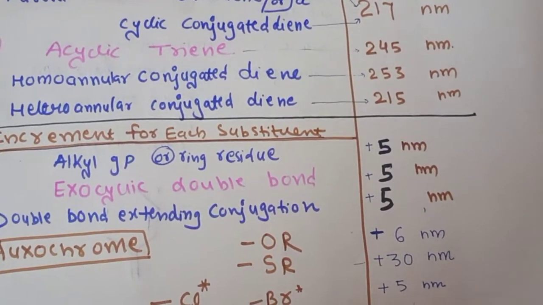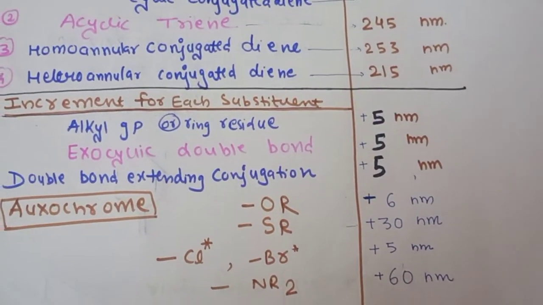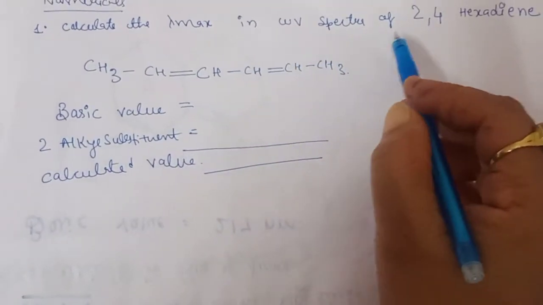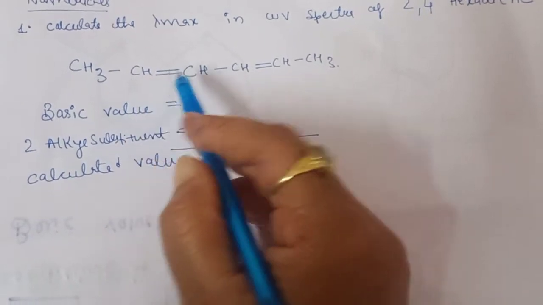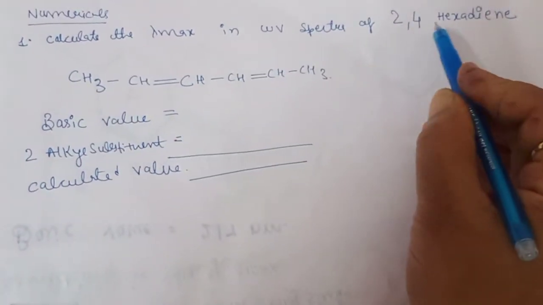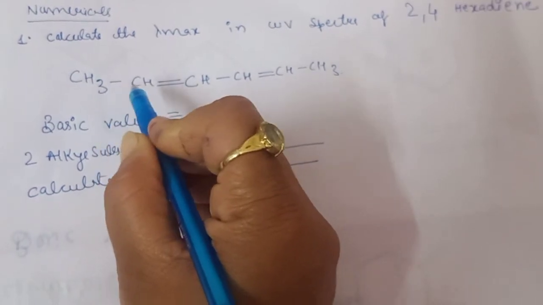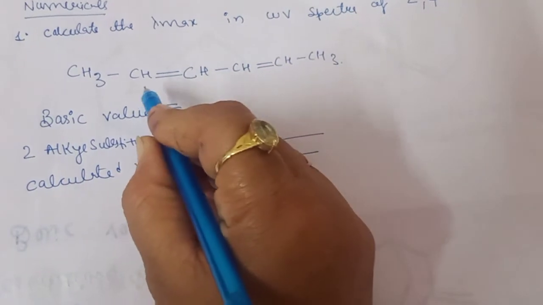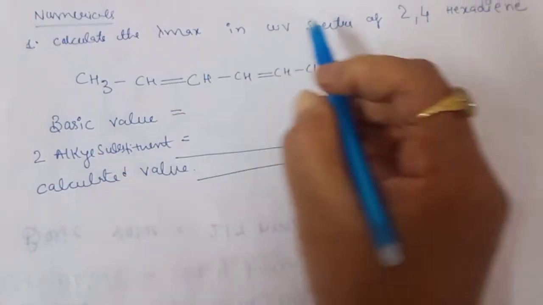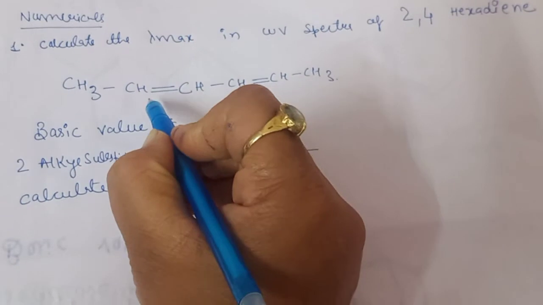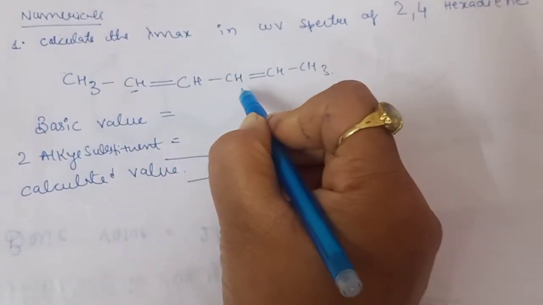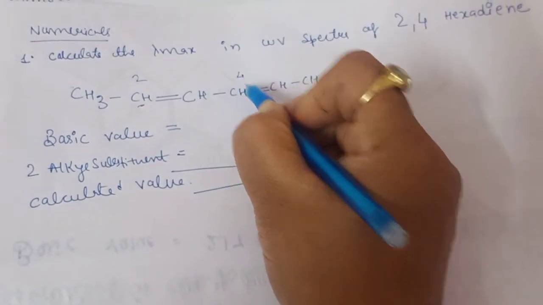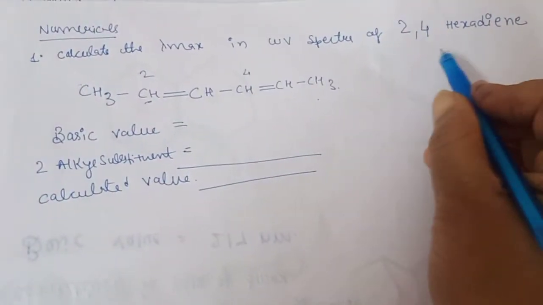Now we will see one numerical. Suppose this is our 1,3-butadiene, and what we have written here is 2,4-hexadiene. Why? Because these are substituted. If it is CH2 here and CH2 at the end, that is 1,3-butadiene, but we have substituted. So it's 2,4, means the double bond is after the second carbon. 1, 2, 3, 4, 5, 6. The name will be 2, and after the fourth carbon a double bond. So 2,4-hexadiene is the structure.